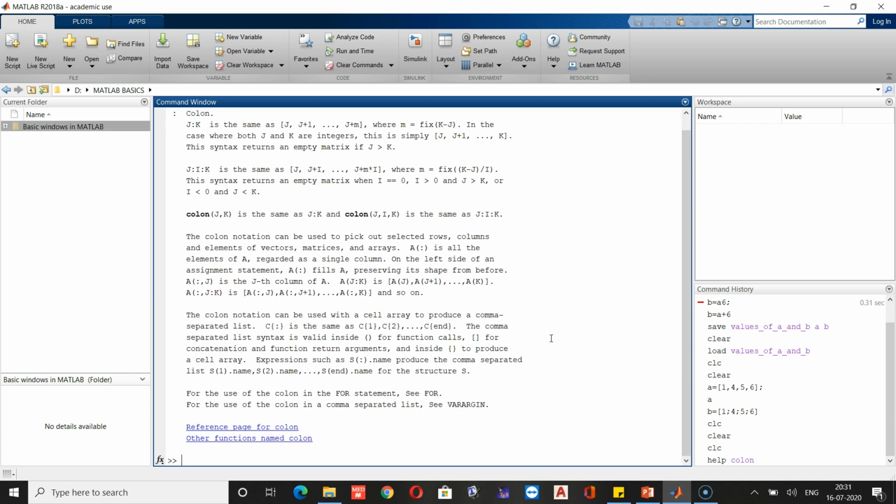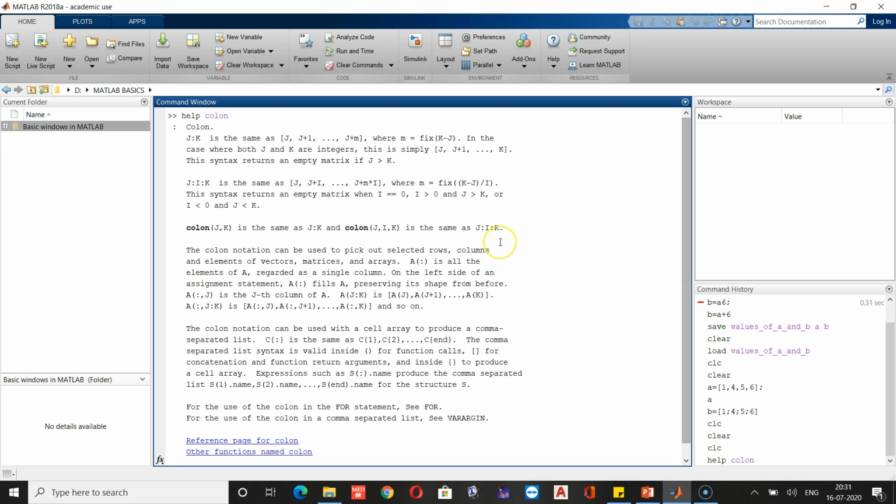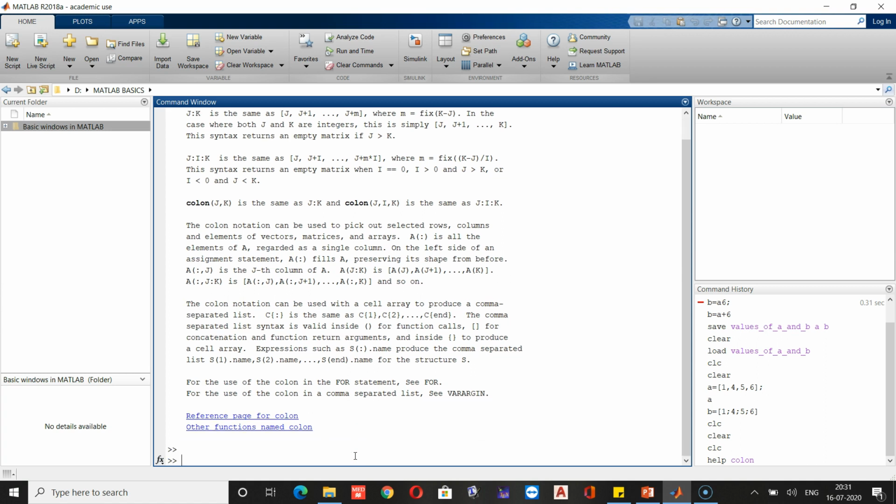Okay, colon operator, right? Let's see about this colon operator. Some description is given here. You can go through this later, because if I read out this description and explain everything, it will take so much time. You can just read it and it's easy to understand. Fine. So directly we will see how to do it. Let's say D is equal to, we need to type the first element, use your colon, and then the last element.